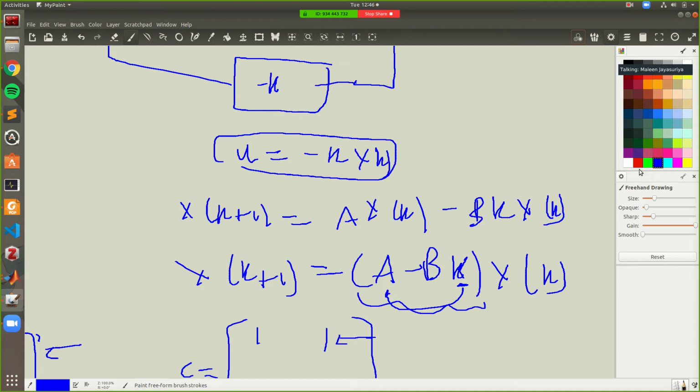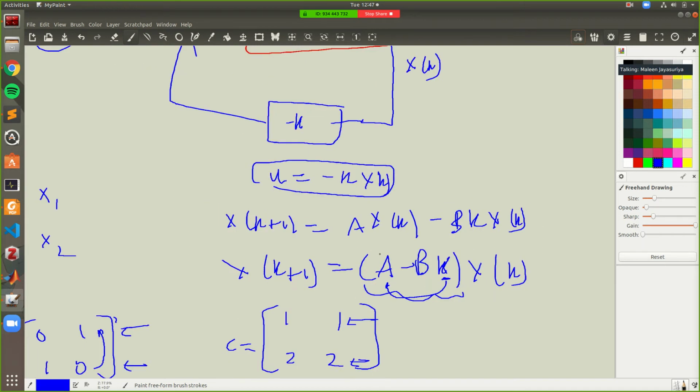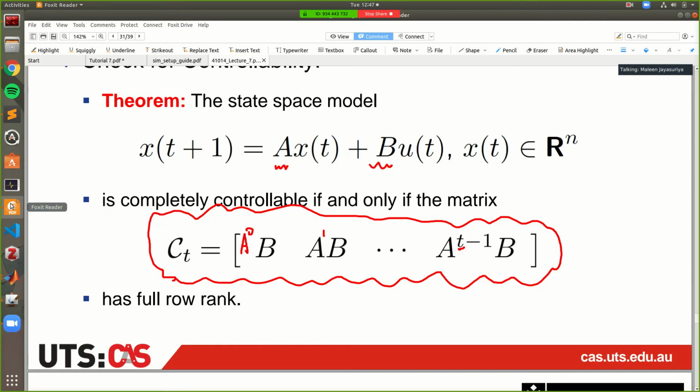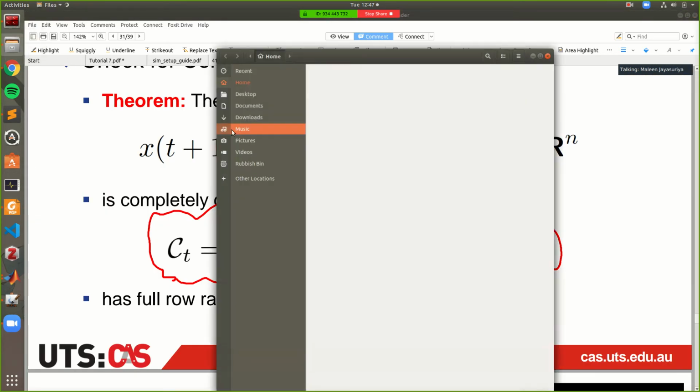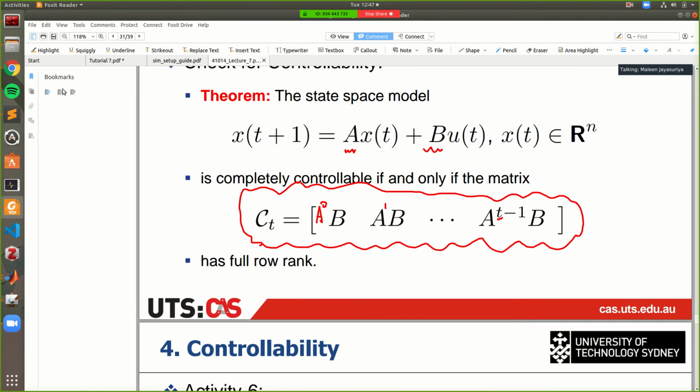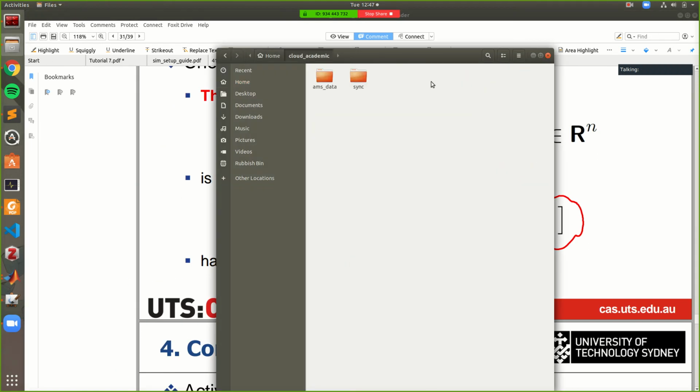But although I say wherever I want to place my poles, that's not always the case. Sometimes if the system is not fully controllable, I won't be able to place the poles wherever I want to. I might only be able to control one of the poles rather than all of them. A very good example of that is the sixth tutorial that we did. If I can open that up, hold on. That was a very good example of a system that is not fully controllable.